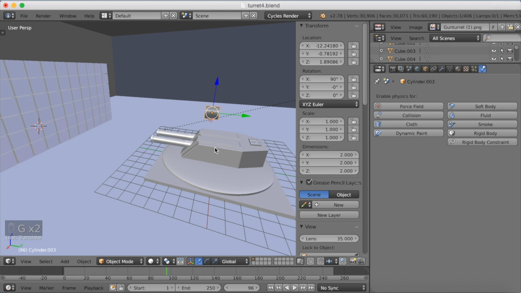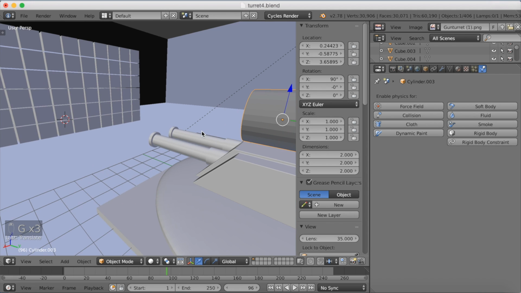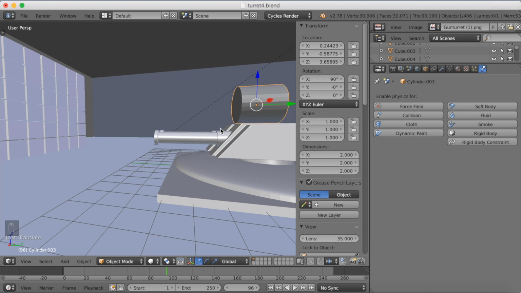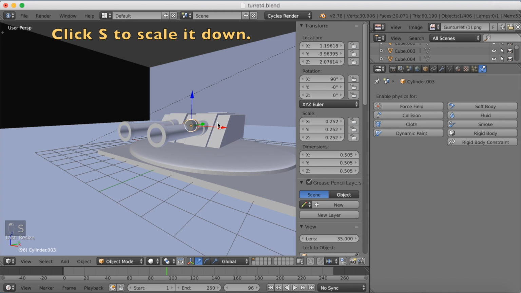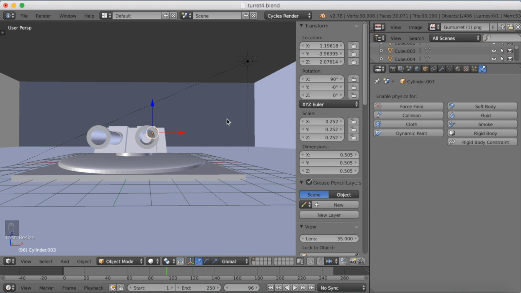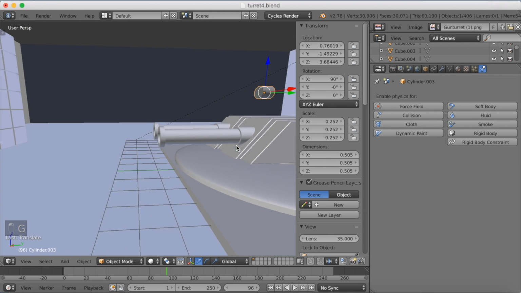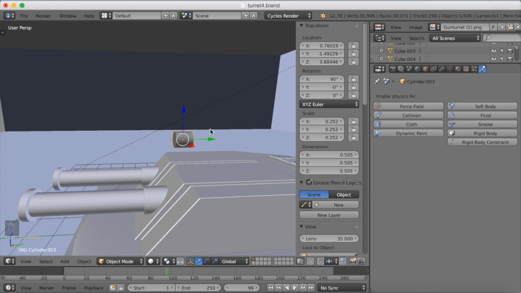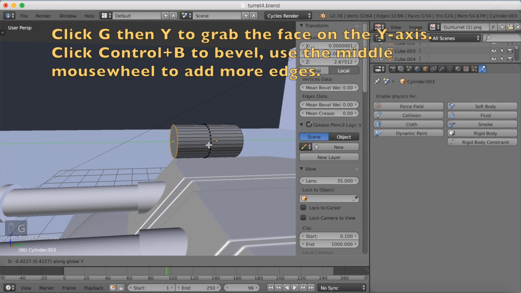Okay, so click G to grab. I'm going to edit it a little bit above the turret itself so that we can compare the sizes and get it accurate. So let's scale it down next to the barrel of the gun or the turret and make sure it fits into the barrel of the turret. I think it does, so I'm going to grab it upwards again, so just G to grab it upwards, and then I'm going to go into edit mode,